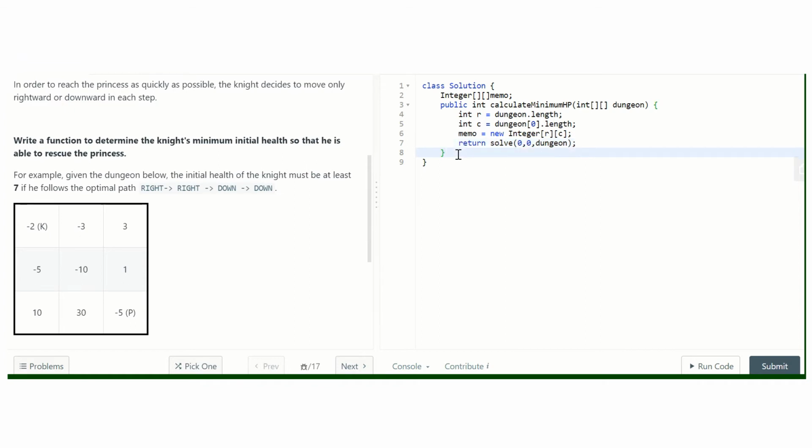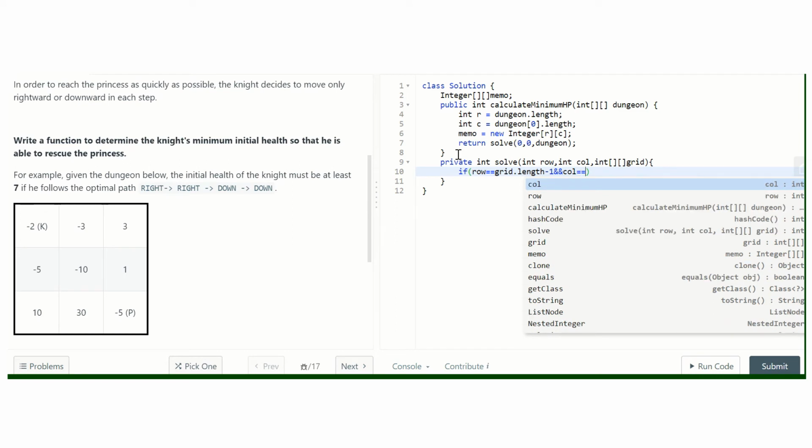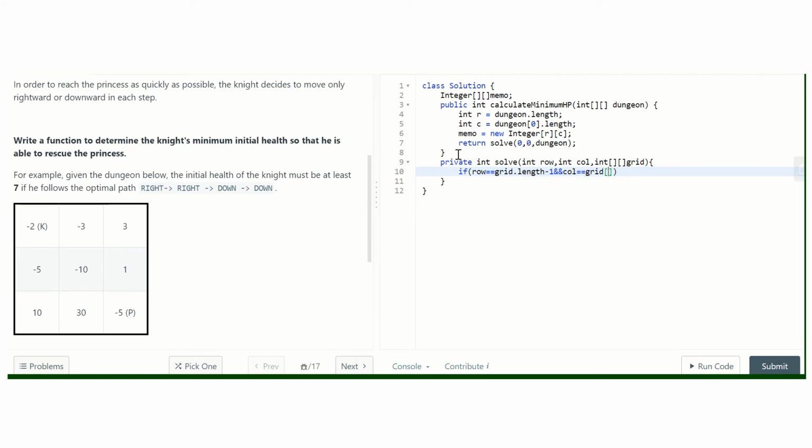Okay, now let's implement private int solve, with int row, int column, and the grid. Okay, so if we reach the end cell in which the princess is captured, we'll check here. If row equals grid dot length minus 1 and column equals grid[0] dot length minus 1,